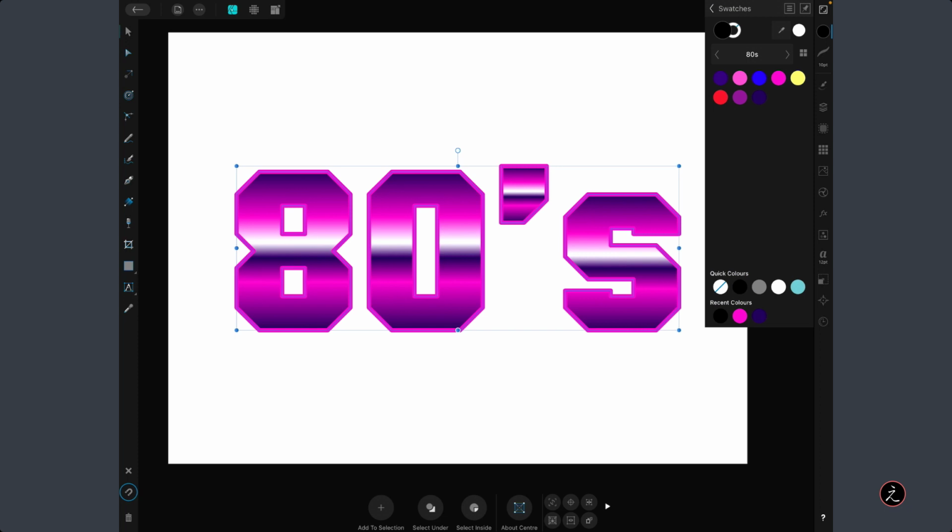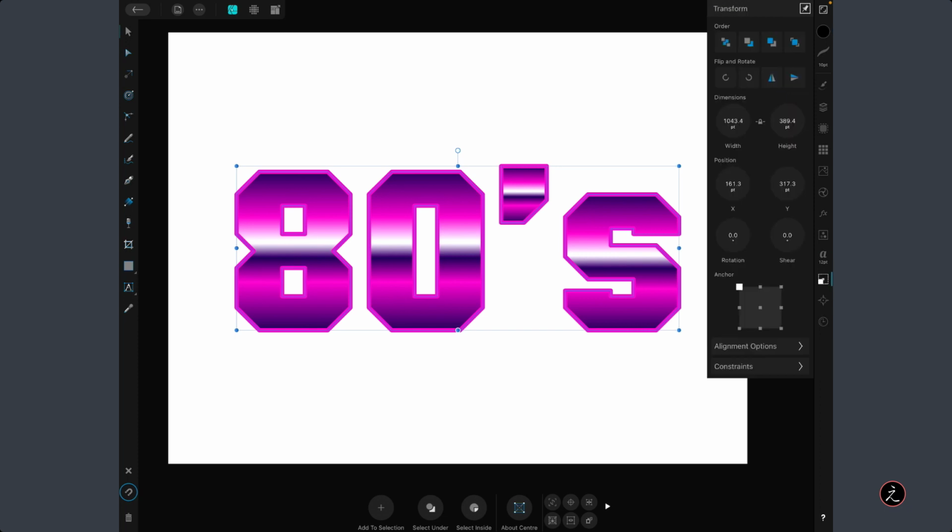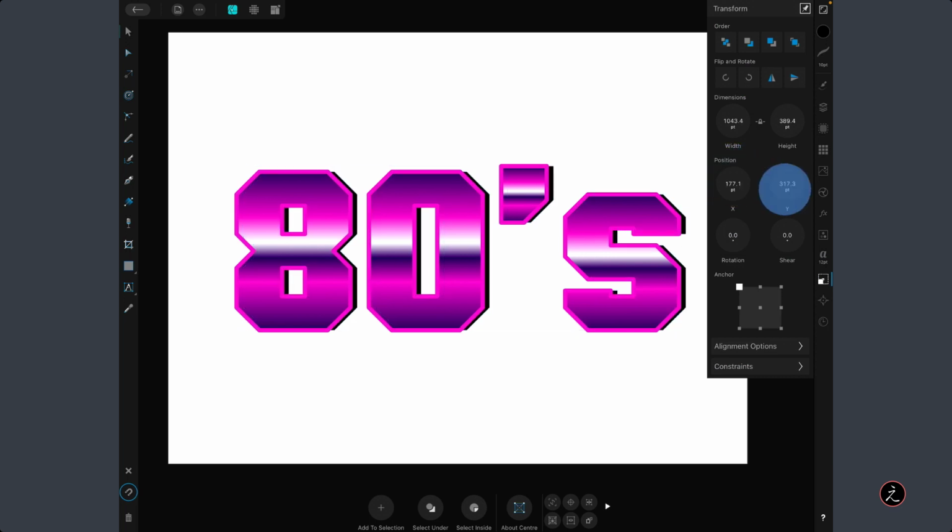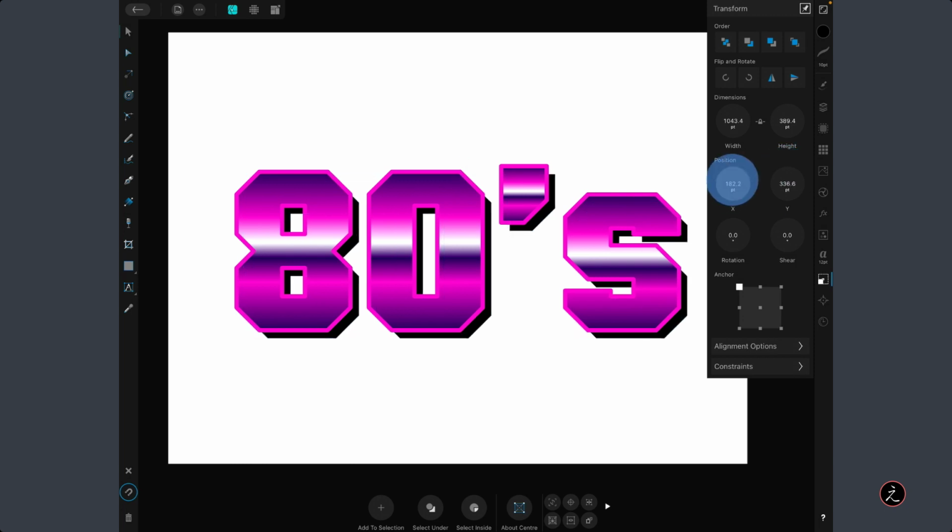And the reason I'm doing this is because I want to have like a drop shadow. So I'm going to offset that, and I'm going to do this inside the Transform Studio, and I will change the position on the X and on the Y. All right, and see what works for me. Something along those lines.